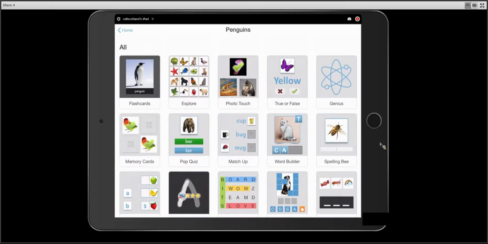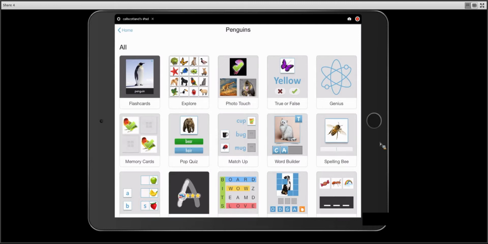You will see though as we go through there are some games that it's more appropriate to play with particular images and particular kinds of images. But for the purposes of this, we're going to have a look at a couple of games that you could do with just a set of images. Say we were doing some topic work, some IDL work about penguins, and I've got the names of some penguins here. So if I tap on just the second board that's on the screen there called Explore,